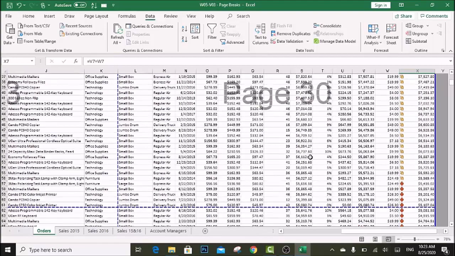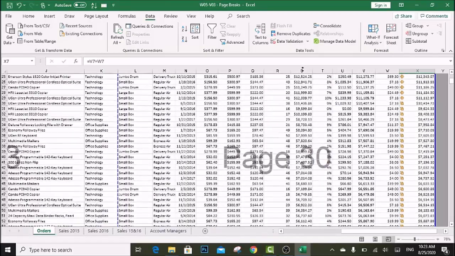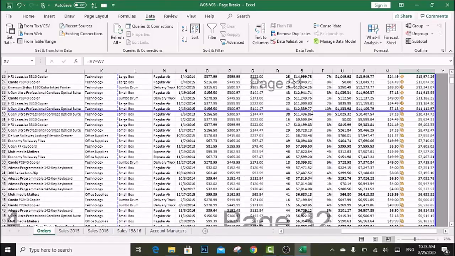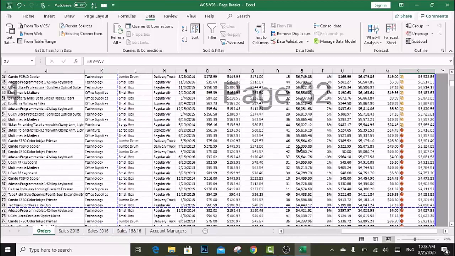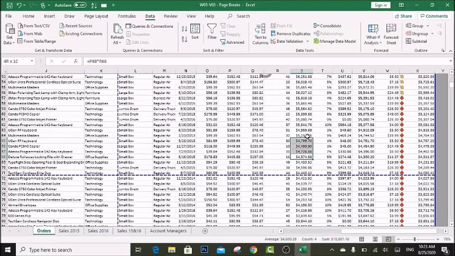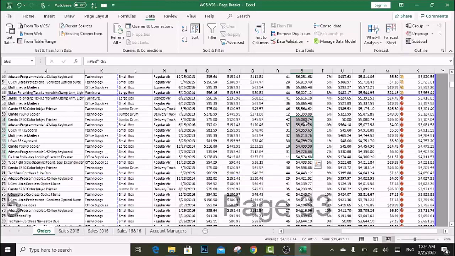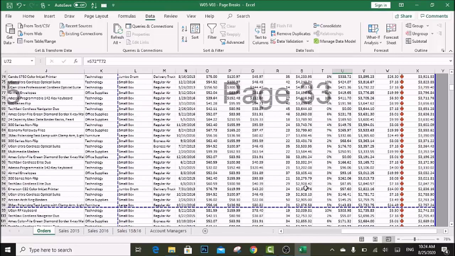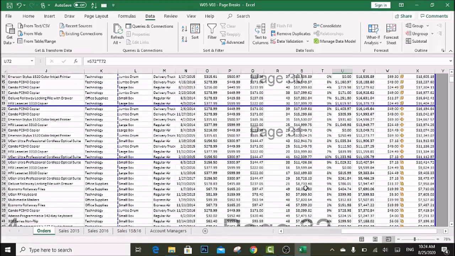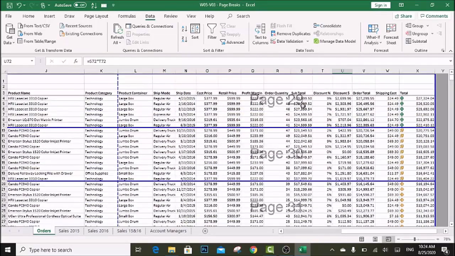Now coming down, I will pick up the third line and I will stop here. Coming down, I will pick another line and I will stop here. Now you can see I have 5 pages, 1, 2, 3, 4 and 5.